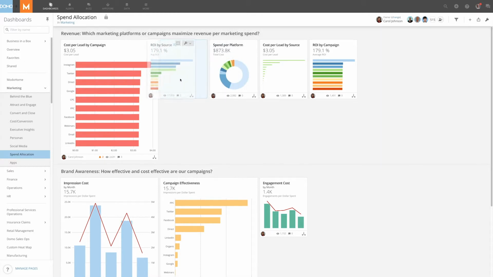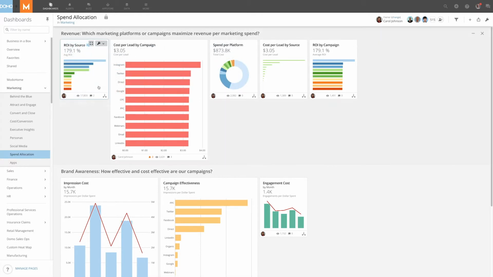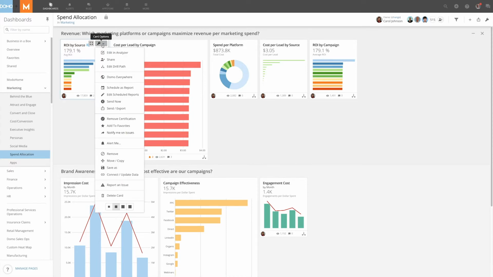to the beginning of the card sequence by clicking on it and dragging it to the left-hand side of my page. I can then click on the wrench icon for card options and scroll to the bottom, where I can pick a large size for this card.